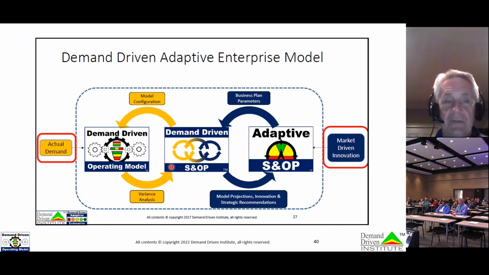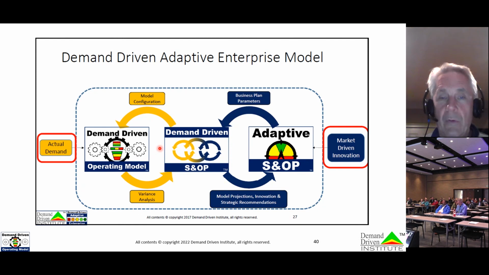I do want to talk about this, because the more agility we create in our DDOM through proper application of the 3 types of buffers, stock, time, and capacity, the more flexibility we're building into our environment. Then we can pace actual demand in the market. We've become more responsive, more competitive, and we've introduced far more operational stability than we would get otherwise. Once you have that established, then obviously your DDS and OP process is going to help you continually adapt and reconfigure your model to stay as flexible and as resilient as possible.